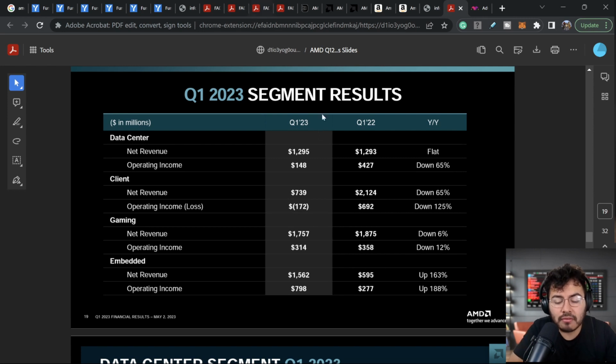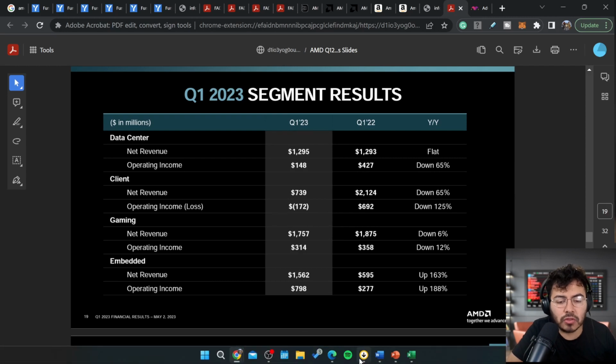The client market net revenue is down 65%. Again, we are seeing the weakness in consumer spending. When that turns around, I do believe we're going to start to see growth here, and we're also going to start to see growth in operating income. Gaming net revenue is very similar to the consumer market. I do expect more growth in the future, especially if maybe in the next 2 to 3 years we get